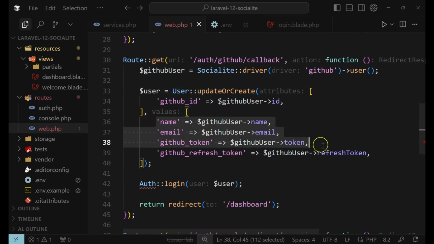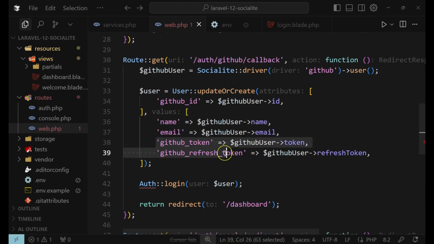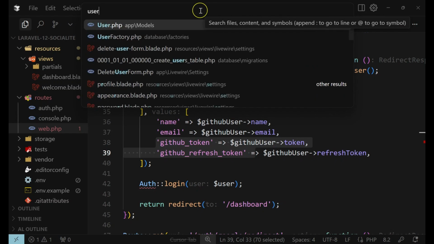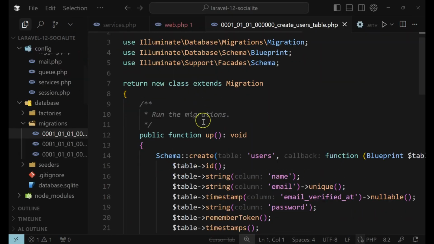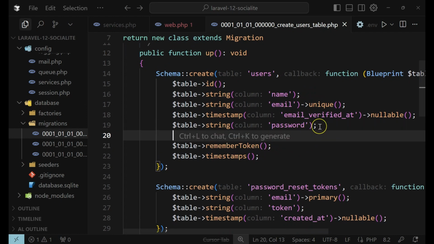So here, these are the details that we are going to create if the user does not exist. For now, this will not work because we don't have these two fields in our user table. So what we are going to do is add these two fields in our user table. Let's go to the users,